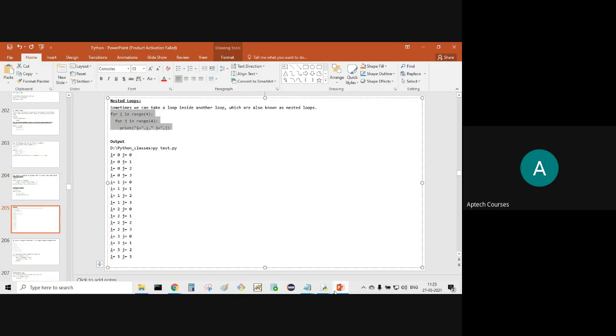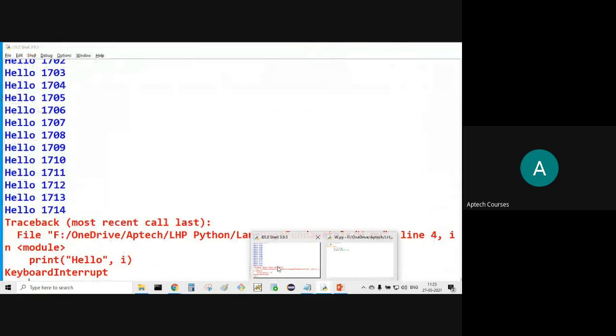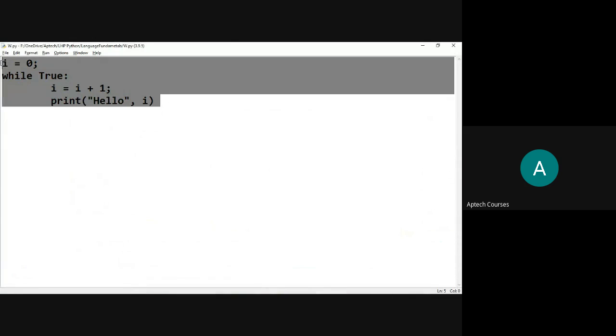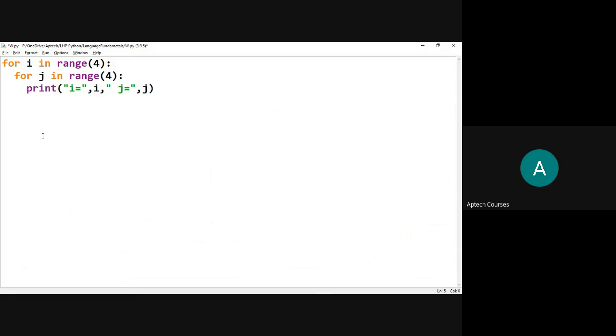Copy this and, first, this is the outer loop, then this is the inner loop. If and only if this one is true, that means if the outer loop is in the range of 4,